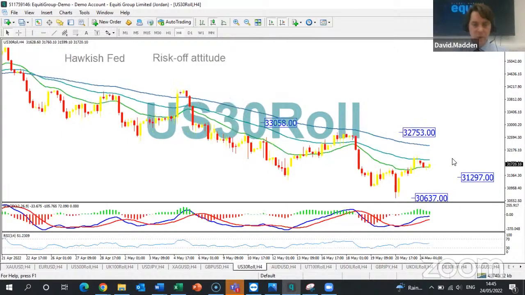Sticking with the theme of US stock markets being under pressure, we can see here that the Dow Jones has also been a classic example of a downward trend, a series of lower lows and lower highs along the way. In fact, the levels we saw only in the last couple of days, I think it was on Friday, it fell back to a new 14, 15-month low. So it's no coincidence that the NASDAQ 100, the tech-heavy index, fell to an 18-month low. Not quite to the same depths, but we're falling back to levels last seen in say February 2021. So a 15-month low was set on the US 30 only a couple of days ago. That really speaks to how bearish the much wider sentiment is.